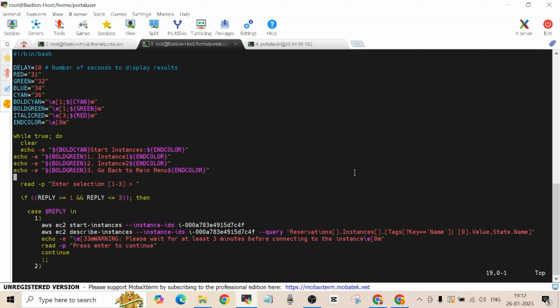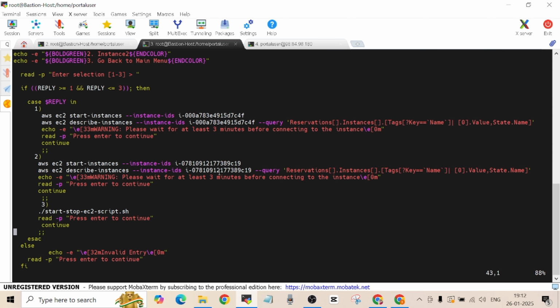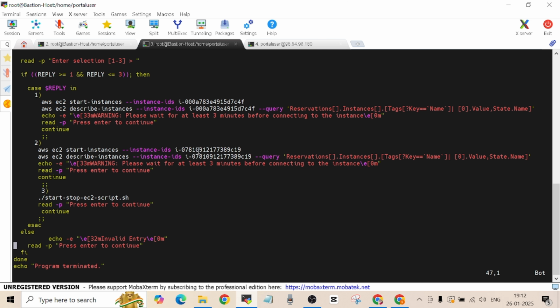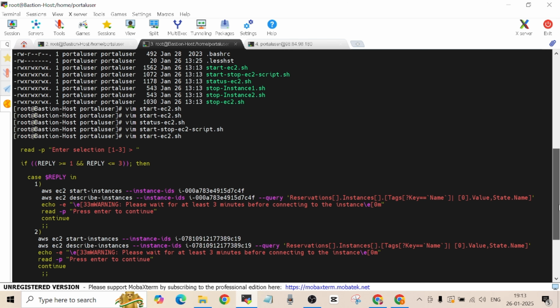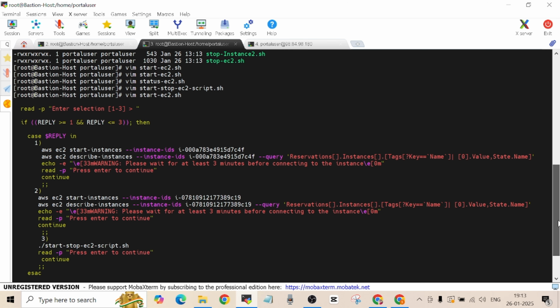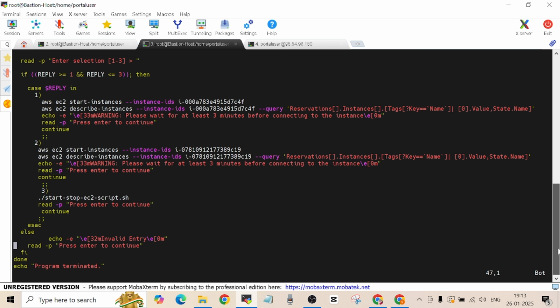For instance 2, it will be the same information, but as you can see here, I've entered the instance ID of instance 2, and then once again I'm trying to query the tag key equal to Name and also the state of the instance. Then if the user chooses option 3,